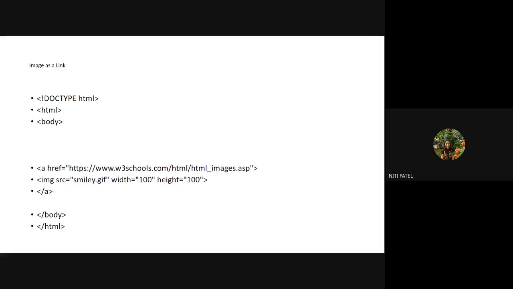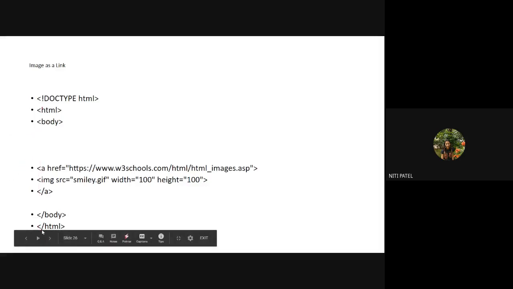लिंक के लिए हमको क्या लगेगा? href tag, और इमेज के लिए हमको क्या लगेगा? source tag. So when I combine both of these, what is going to happen? When I click on image, that particular link will get open. Okay, so see the code now. I have HTML open, I have HTML close, I have body open, I have body closed. Is everything written inside the body? Yes. Body के अंदर लिखा है तो जो भी लिखा है वो काम करेगा.